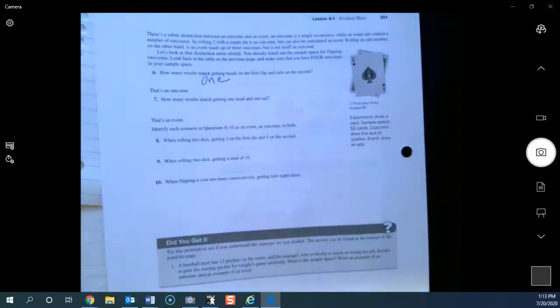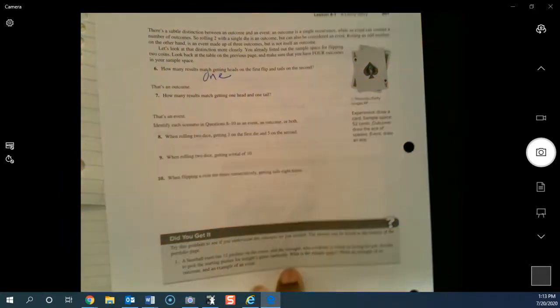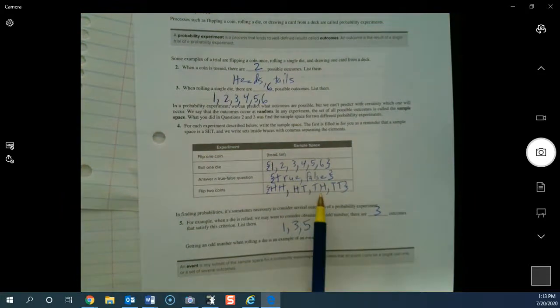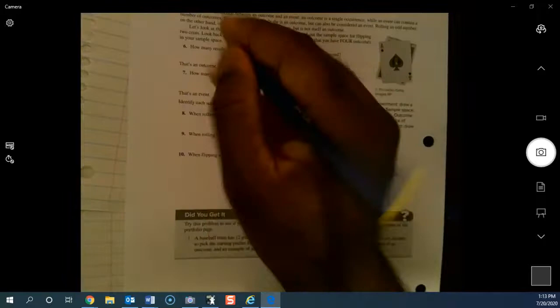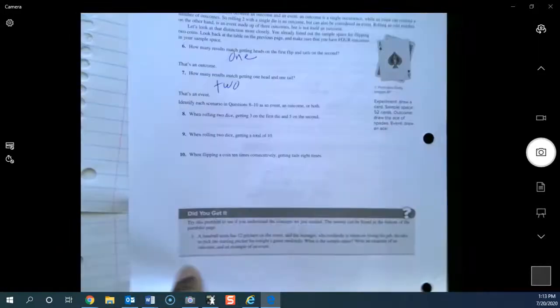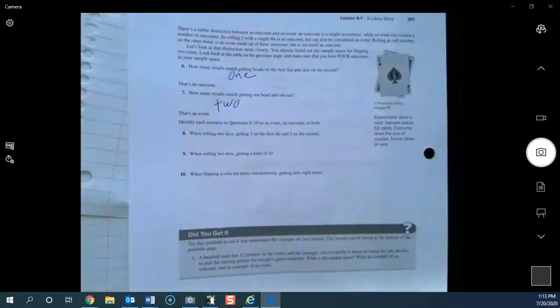Now, number 7, how many results match getting 1 head and 1 tail? They said 1 head and 1 tail. There's 1 head, 1 tail. There's 1 head, 1 tail. So it's actually 2. Because they didn't care what order it was in. As long as it's 1 head and 1 tail, that's all that matters. That's an event. So an event has more than one outcome, and an outcome only has one outcome. Okay, now,